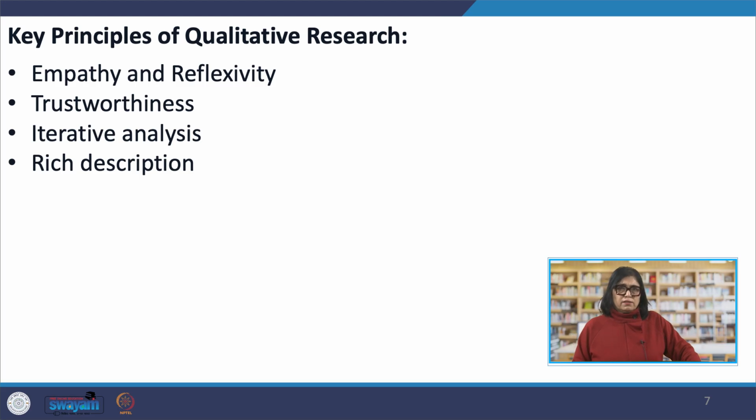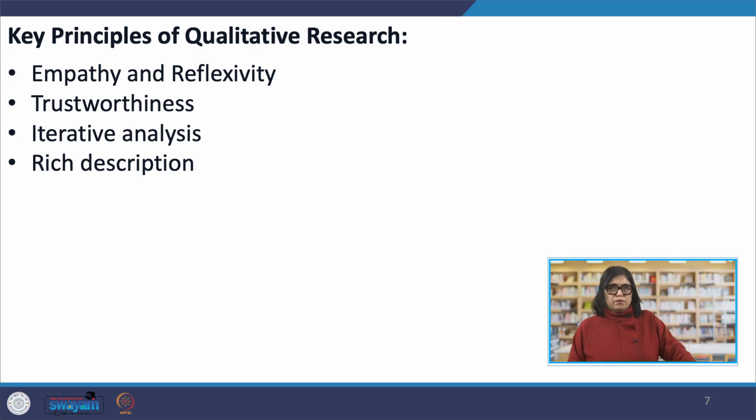Iterative analysis: qualitative data analysis is an ongoing and iterative process in which researchers continually review, compare, and revise their interpretations as they collect and analyze more data. This iterative process allows researchers to refine their understanding of the phenomena and to develop more robust and nuanced theories,